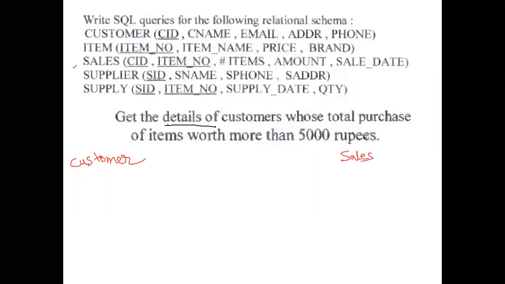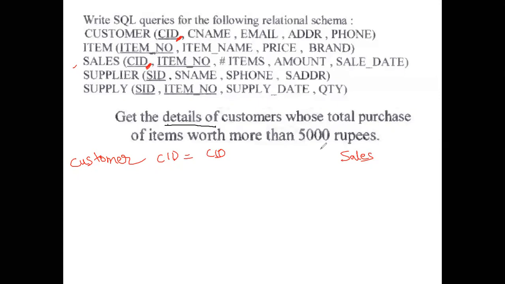So the sales table. How to link these two? Which is the common attribute that is present in sales? That is CID. Customer also has CID. So customer CID is equal to sales dot CID. So that is one thing. Then additionally, what is being asked here is that a particular customer should have bought items worth more than